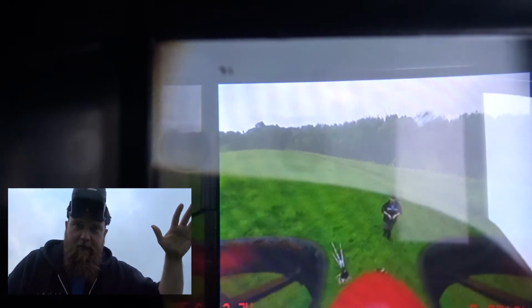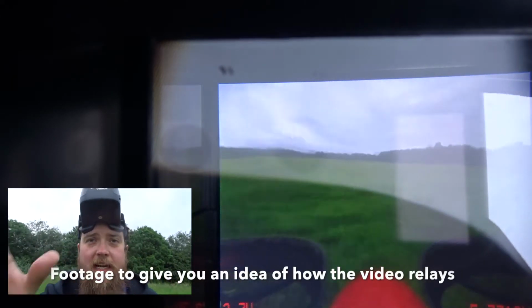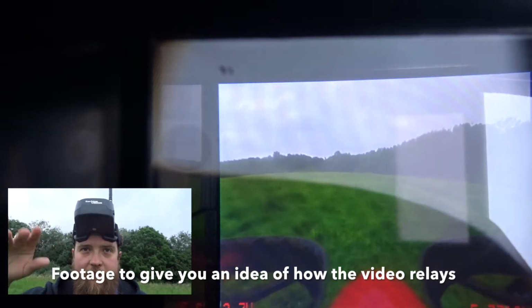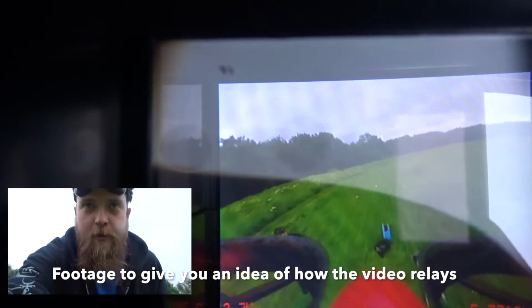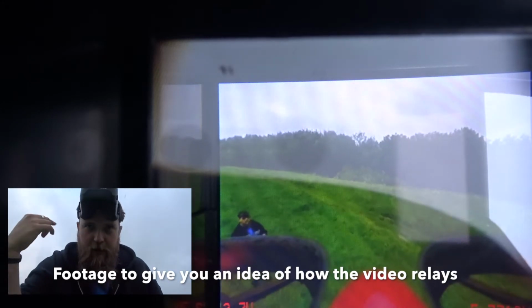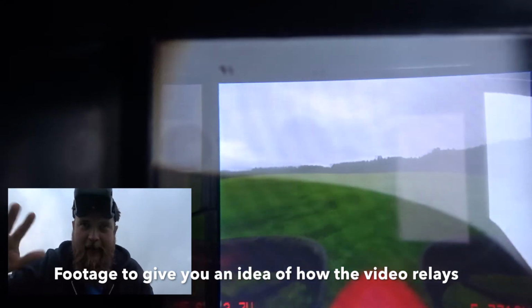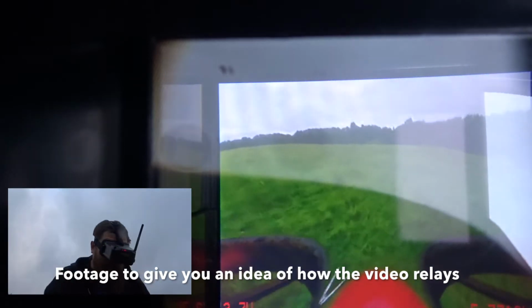So I've just brought her down. She broke up at about 25-30 foot up in the air. When I say broke up, I could see the picture and exactly what was happening, but it was very interlaced, so it was quite difficult to see through, but I could. I brought her back down to a lower level and had no issue then. The video just started to relay as normal, but I had to keep her down under, I'm guessing, that 20 foot mark. So if I take her up again,